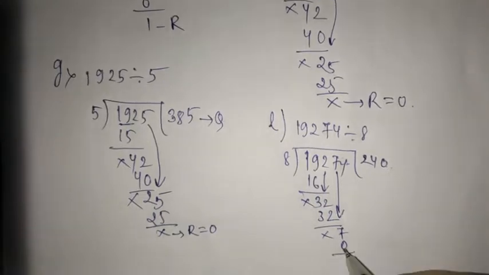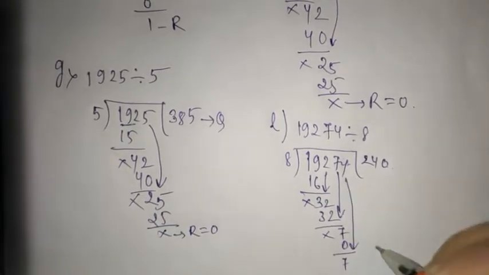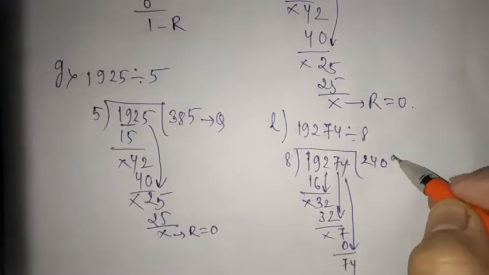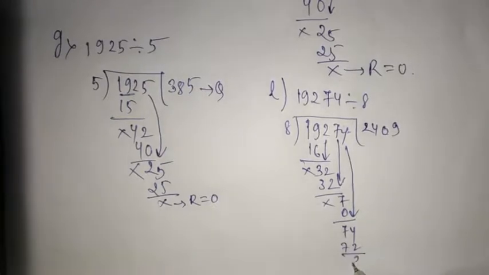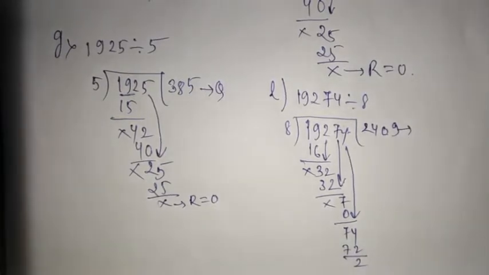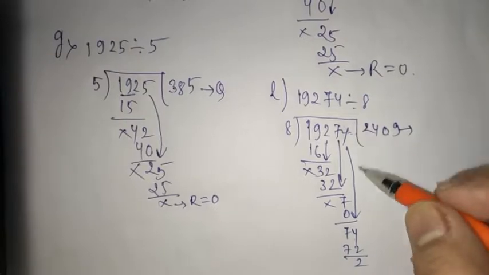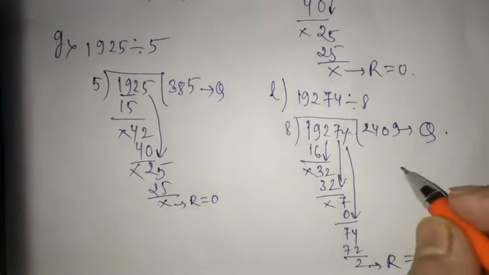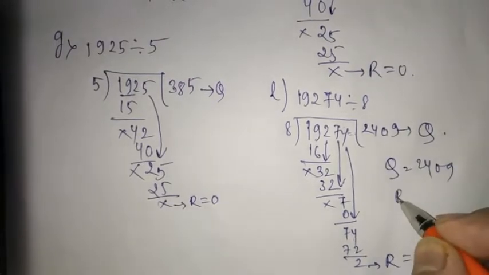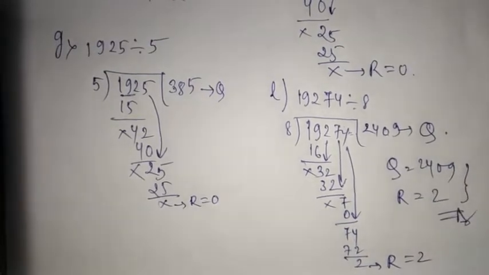Okay. So now 7 minus 0 is 7. This 4 will come down. Now 8 9s is 72. Right. So when you divide this, you'll get 2. So nothing else you can divide. This is the only remainder, and nothing else can move down, so in such a case we will not divide with 0. Okay. So this is a remainder which is 2, and this is the quotient which is 2409. All right. You can write it like this: 2409 R is equal to 2. This is the answer. Alright, so student, with this we are over with question number 1.